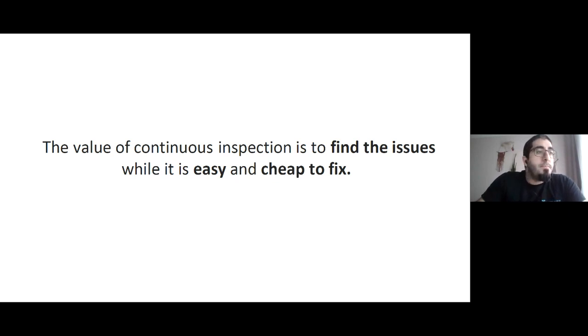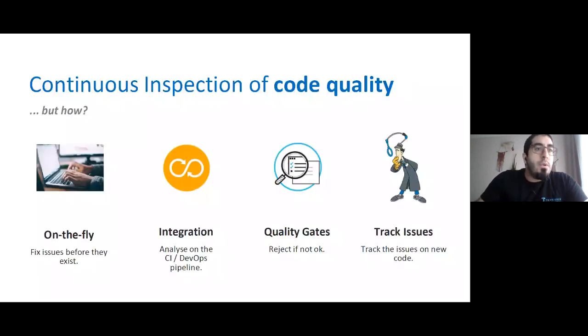It's very simple. So you want to practice continuous inspection on your source code quality, but how? There are 4 practices to enable continuous inspection of code quality on your development cycle. First one is on-the-fly analysis. By practicing this step, developers sees the issues while they are coding on IDEs such as IntelliJ, Visual Studio,